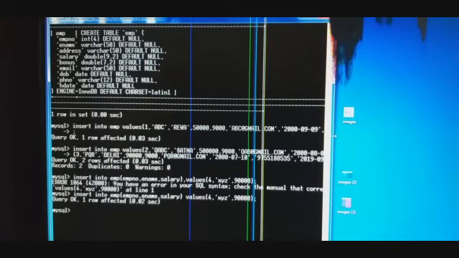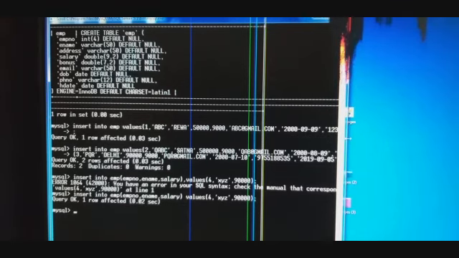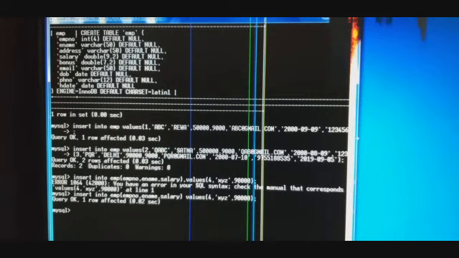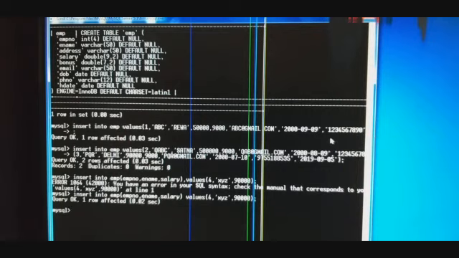Okay, so while providing the date we have to follow the format YYYYMMDD, make it clear. So we have to keep this in mind. And here you can see that I had provided the mobile number within single inverted commas because I had given varchar data type for the mobile number. Clear? So in this manner, insert into table name values, and afterwards within brackets you have to provide the values separated with commas. Here you can see that.